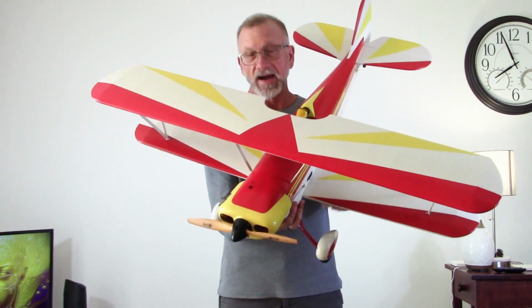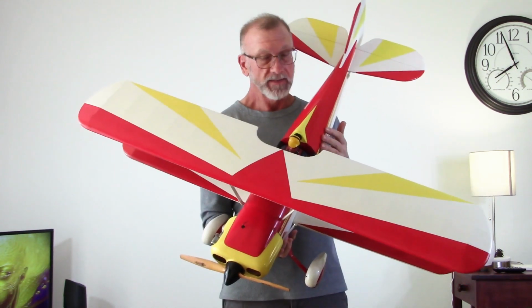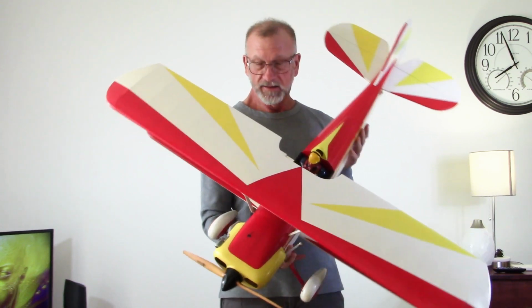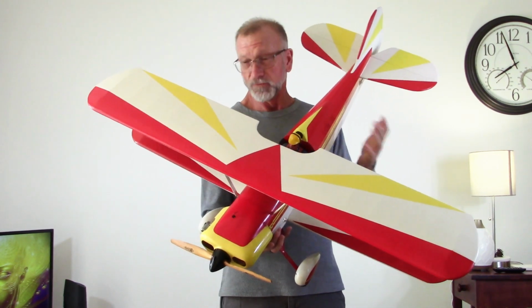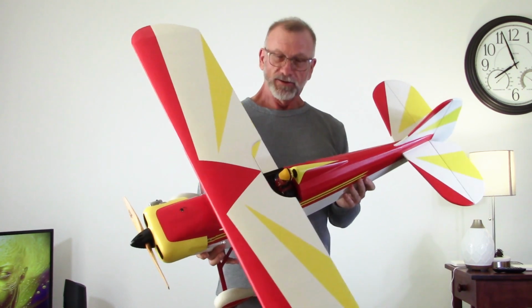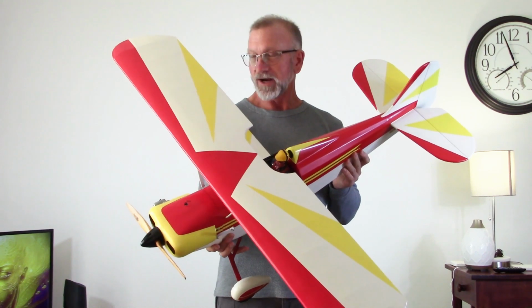Now, the only thing I might do between now and flying season, which is months away, is I might actually pull this engine off of here and put it on the stand and run it on the stand, just to make some videos of it and run the engine. But anyway, I just thought I'd share this Christmas gift exchange with you,